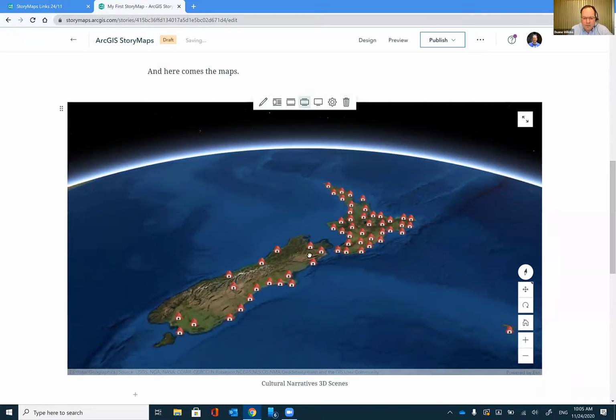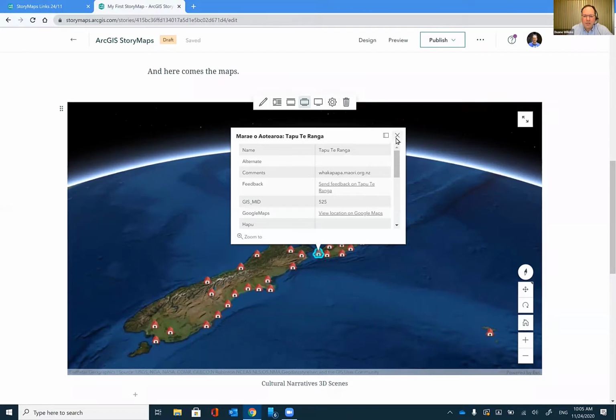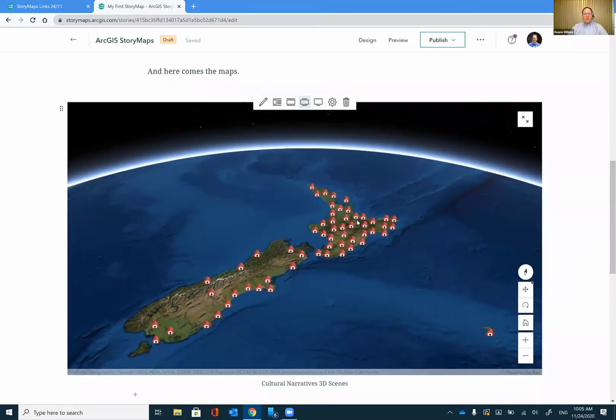And this is interactive, so I can go in there and I can click on one of these wharanui and I get information here. Now this, if you remember from our 2D map exercise, I showed you how to add data like Māori land court blocks. So to add marae, what I've done there is I've gone add data in 3D. That's in 3D, add data. And that data set is from TPK and it's called layer_marae. So if you go add data from ArcGIS Online,